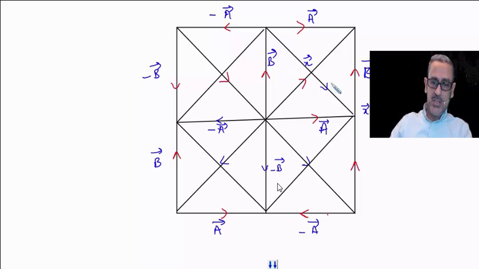Any triangle, any parallelogram. Now in this triangle, B plus Y is equal to A. So A is the resultant. This you have to remember. The two vectors which are in the same direction, they add up and give me the value of the third one, which is opposite to their flow. That gives me the resultant. Always, for sure, remember this thing. The third vector always gives me the resultant.